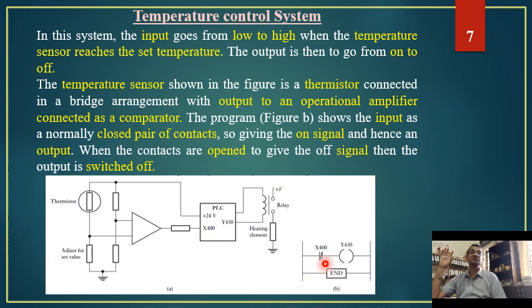The signal has reached over here, which means this normally closed switch turns open. It becomes open now. Once this becomes open, there is no further supply of current to the output, the heating element. Hence, the heating element stops. So this is how a temperature control system, as described in the problem, works. Let us complete this by reading the rest of the part.